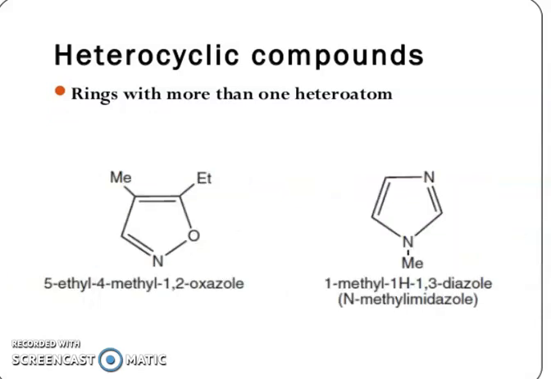Now friends, you can see here 5-ethyl. Now substituents are there, so you will get the information about how you decide priority of methyl over ethyl. Ethyl, you know, is in alphabetical order: ethyl starts with E, methyl starts with M. So you see 5-ethyl-4-methyl. Now 1,2-oxazole, oxygen gets 1 and nitrogen will get 2. So 1,2-oxazole, our ring size is 5, so -ole.